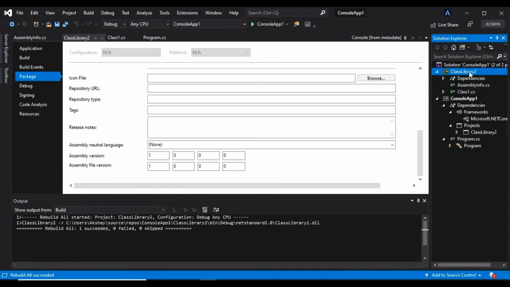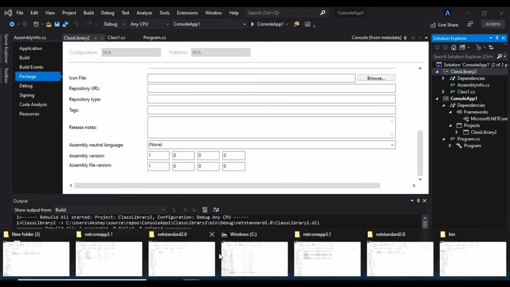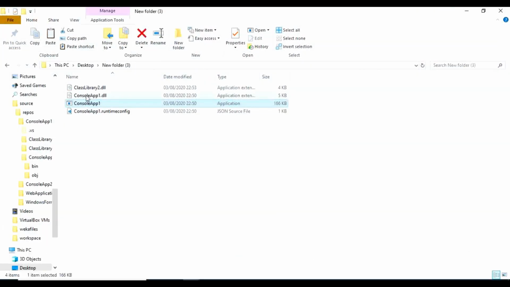If the config file doesn't contain the assembly information, it will check for the dependent assembly in the same folder in which this exe lives. So now we know how the .NET runtime finds assemblies during program execution.